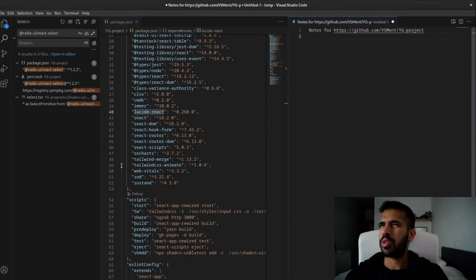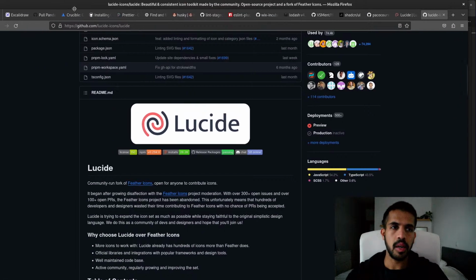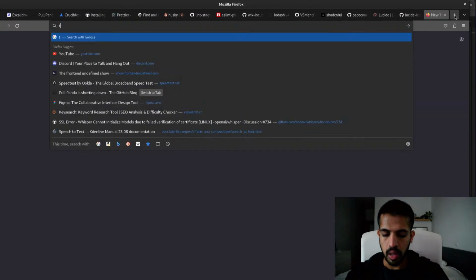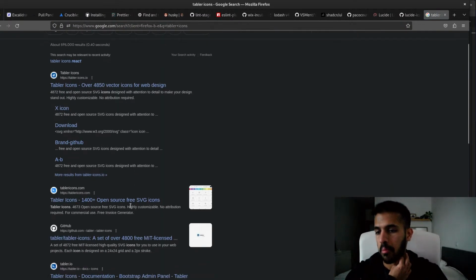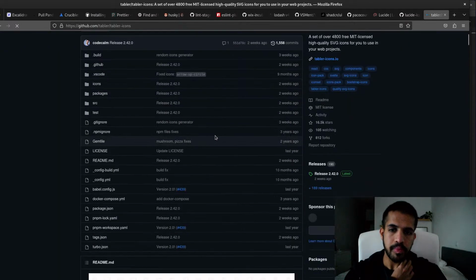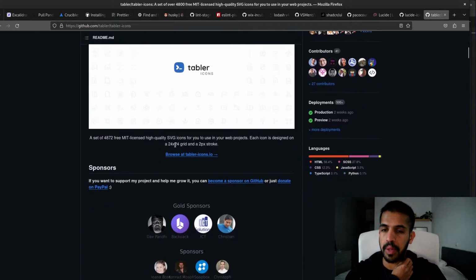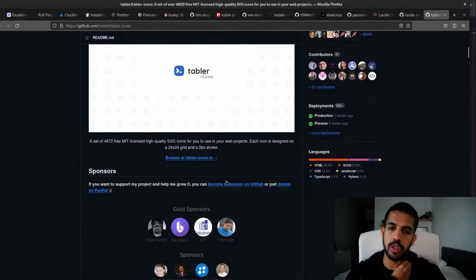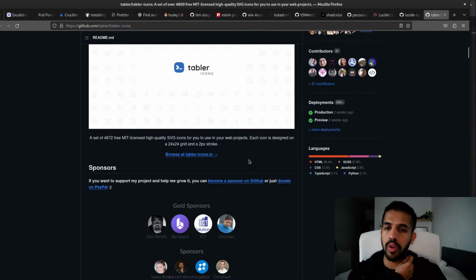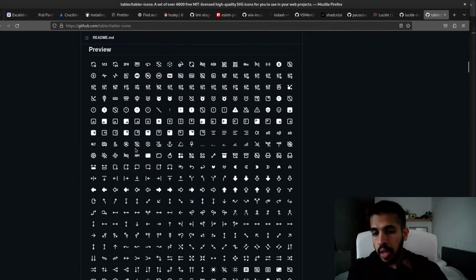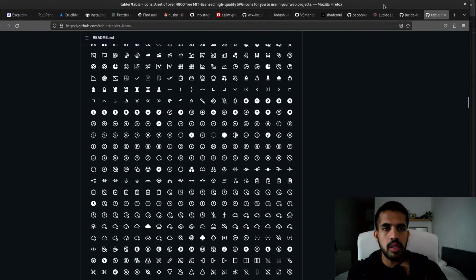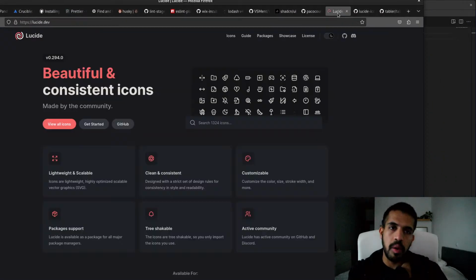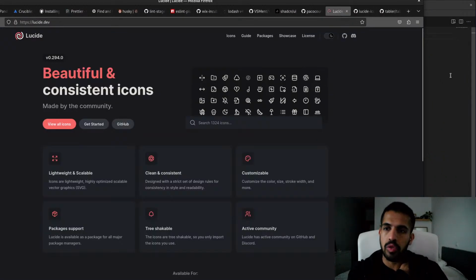I usually go with, what do I usually use? I recently discovered Tabler icons, so that's what I would go with for icons. So far it hasn't caused me any problems. It's basically the same. It's a whole bunch of SVGs, which they also export as React components, so you don't have to deal directly with SVGs. It's very comprehensive, I think it has a lot of icons. But honestly, if they package it well, there's no problem with this.